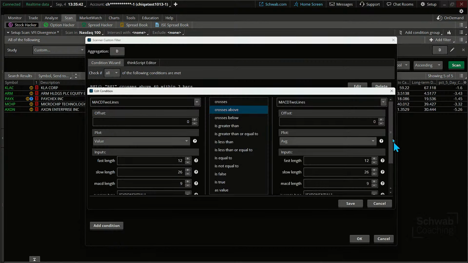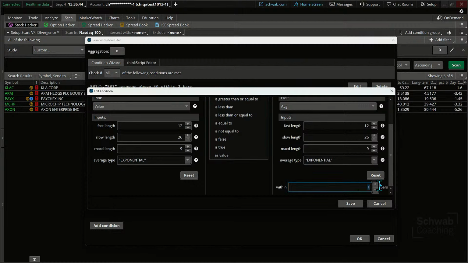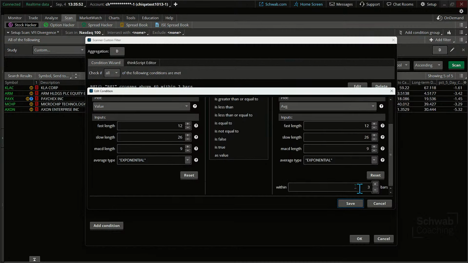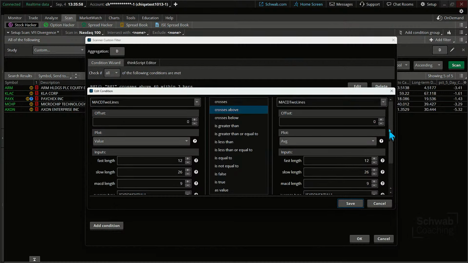So there you go. Oh, one thing I forgot too. We've got to make sure that that's within a 3-day range as well. So you want to be getting both within the last 3 bars, or whatever it is. I don't even know if we'll get that on here. We might get some. We might need to go 5 bars, for example. But right, it crosses above what? Not a value. It crosses above that. Oh, and over here.